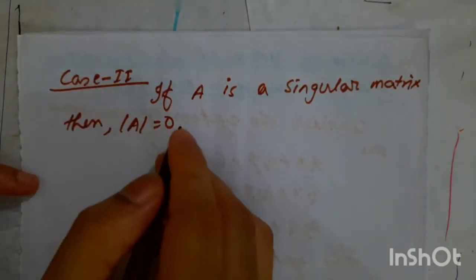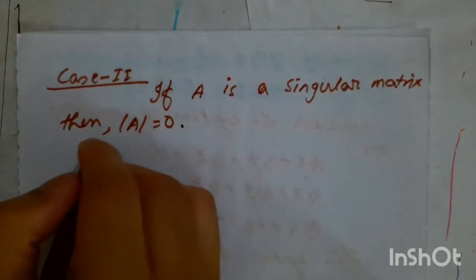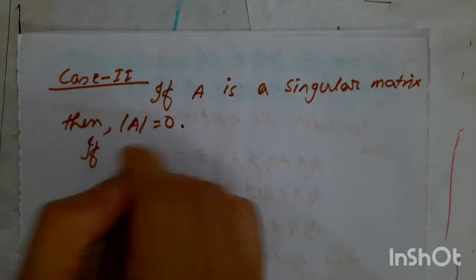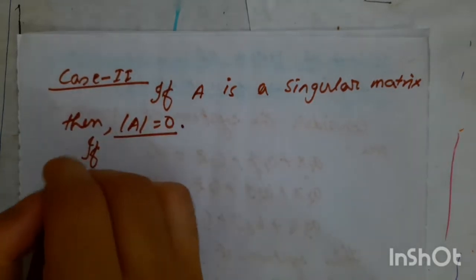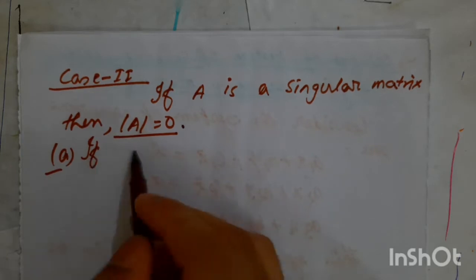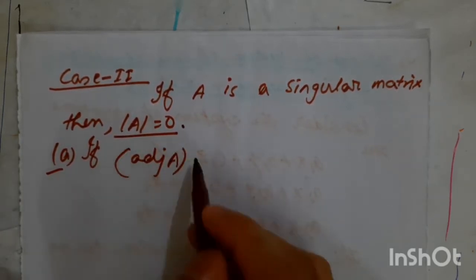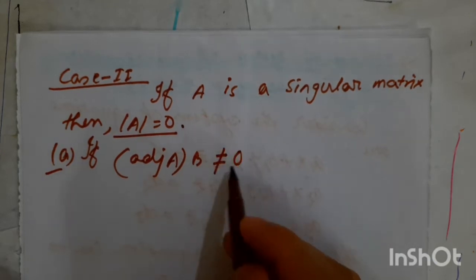It is the condition for a singular matrix. If determinant A equal to 0 and adjoint A into B is not equal to 0,